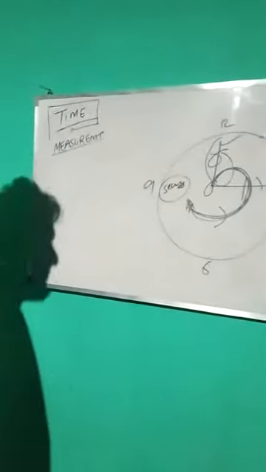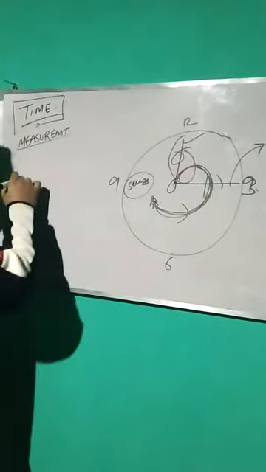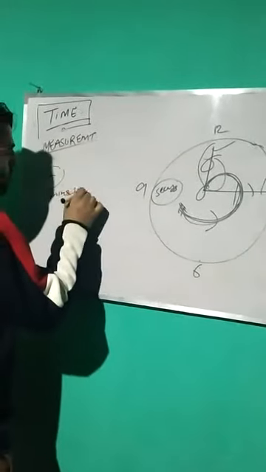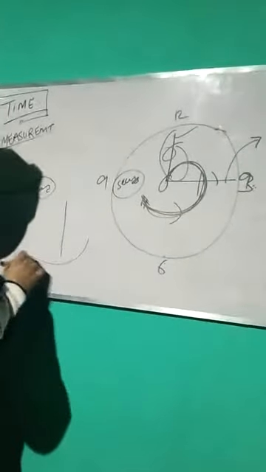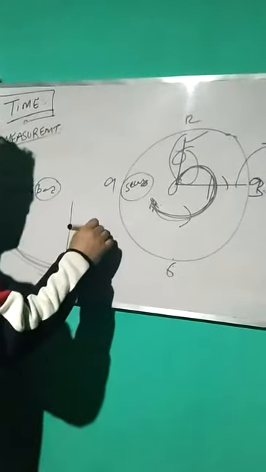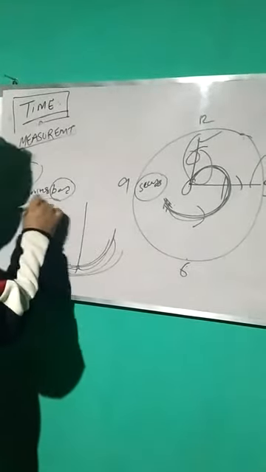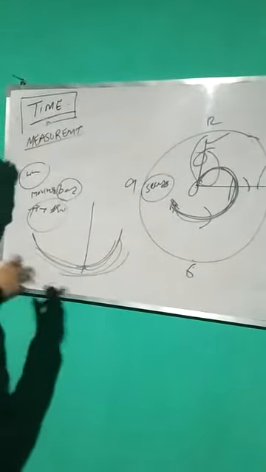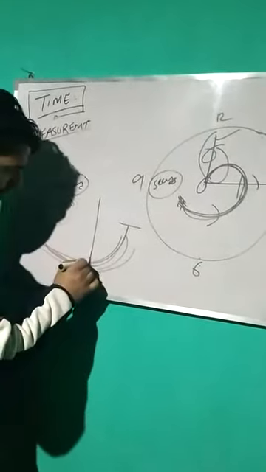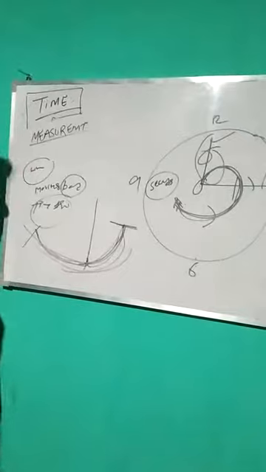So the pendulum which we are using for the measurement of time simply works on the principle of what? Moving pendulum, moving bob. What is it? We have got the bob. It is moving in continuous motion from mean position to extreme position, back to mean, back to extreme, back to mean. This is one rotation, and we call it to and fro motion. And from this process, we are able to measure extreme position from this point, extreme position this point up to this point, and here we get the time interval.